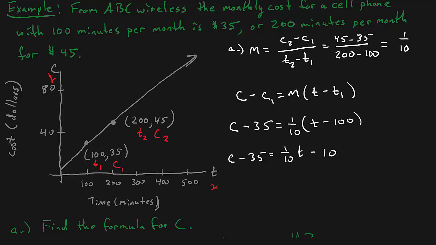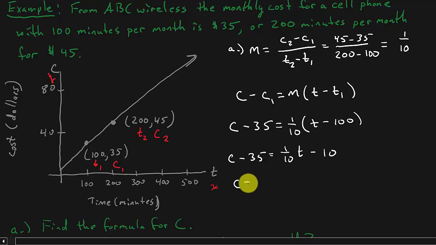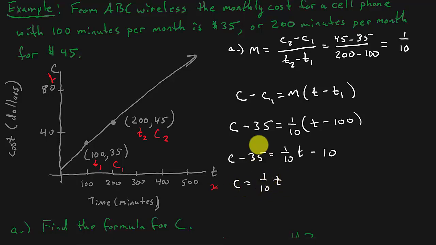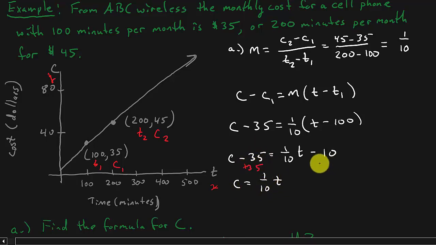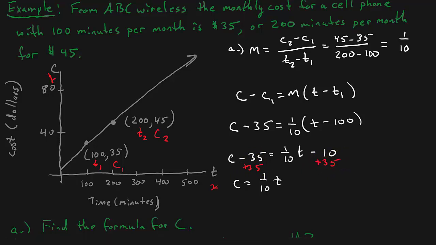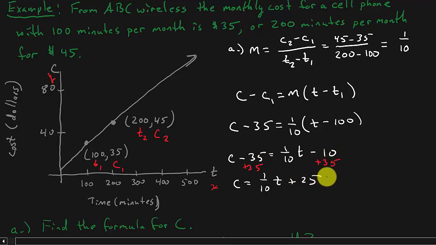Okay, so then I add 35 to both sides, so C is equal to 1/10 T, and then look, if I add 35 to both sides, I get plus 25. And there's the answer